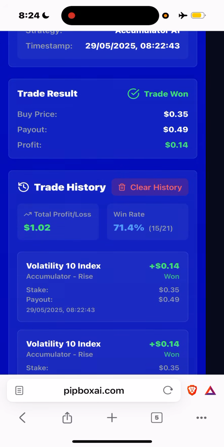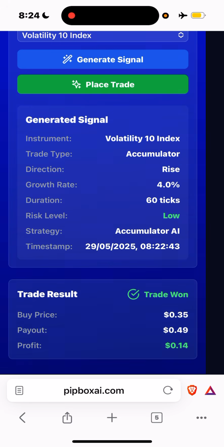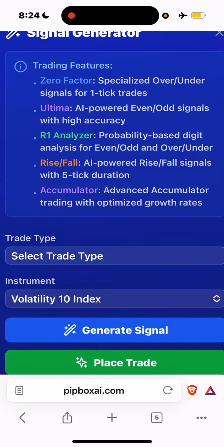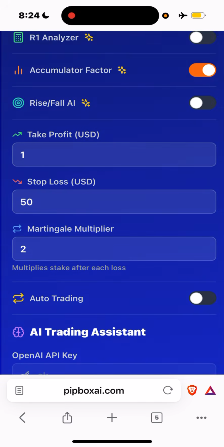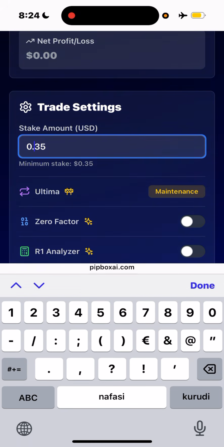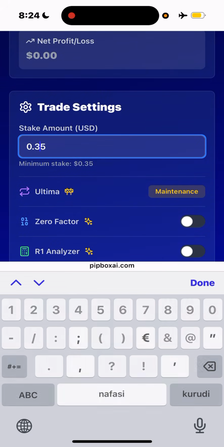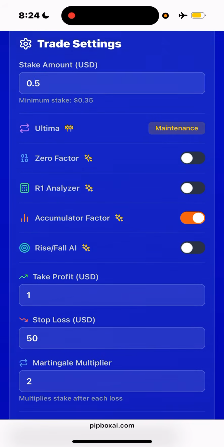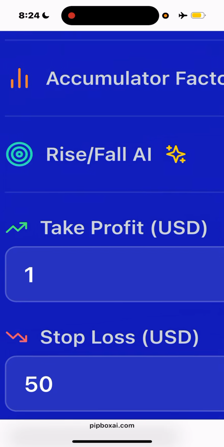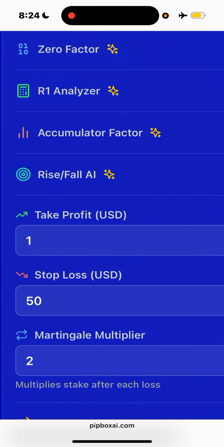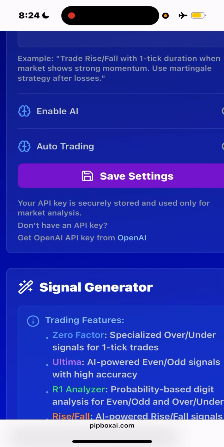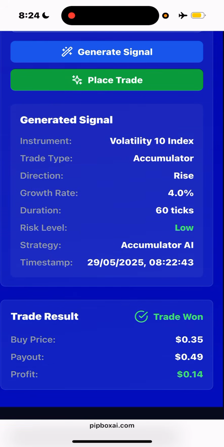You guys can go ahead and do the math. So I'll just clear everything. I'll try increasing the stake to 0.5, but I will leave my target profit at 1 USD. Let's see how long it will take us to hit that 1 USD profit mark,